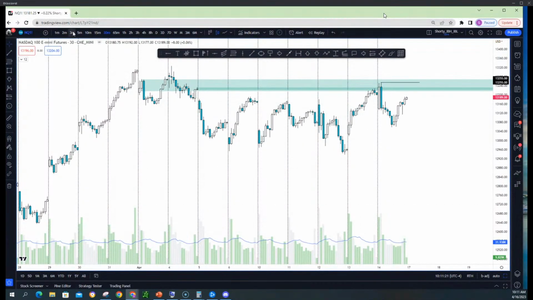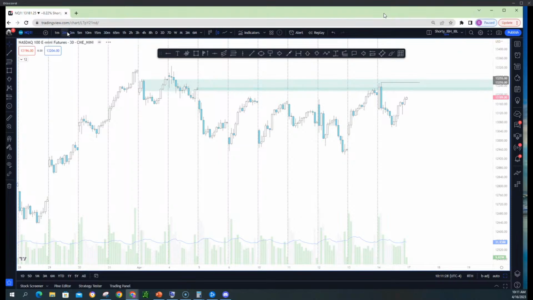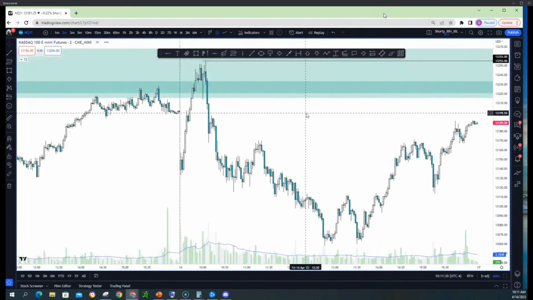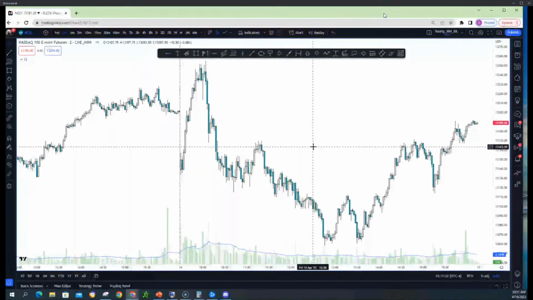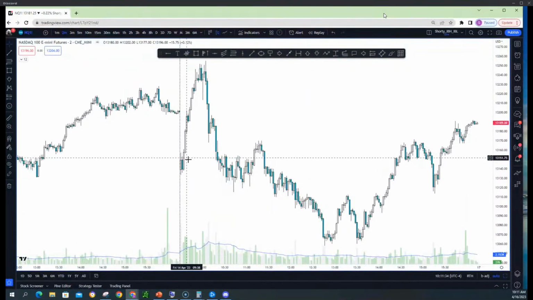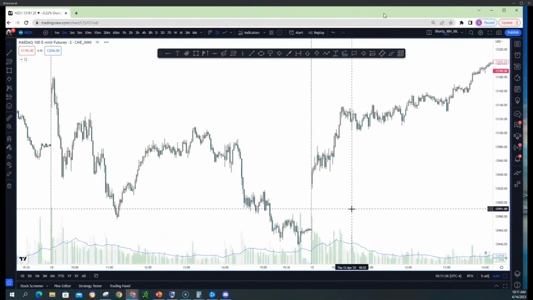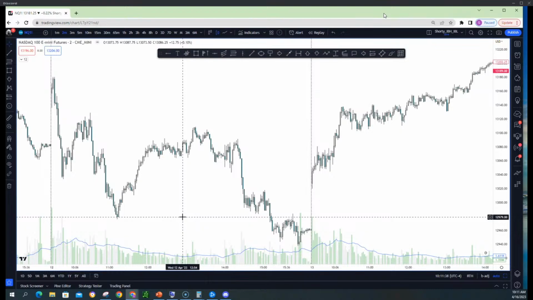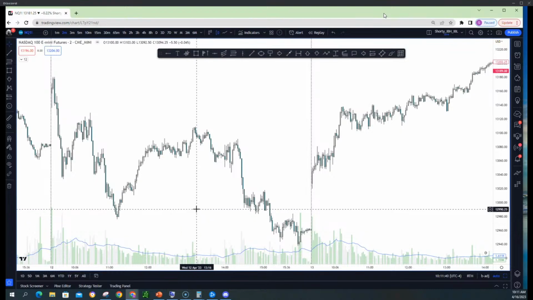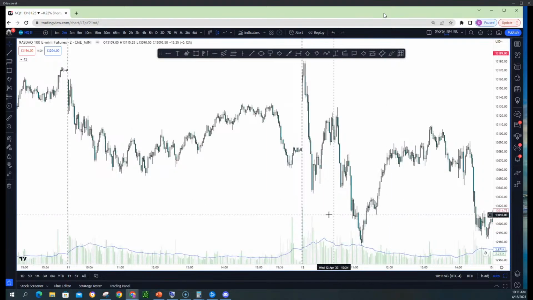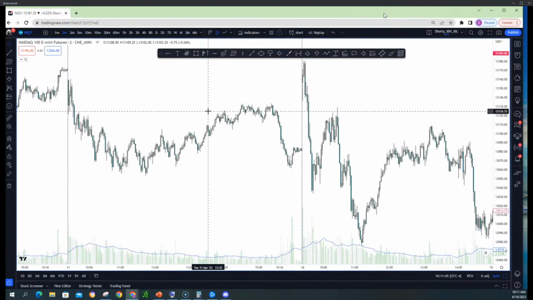If you're going to be using this for intraday, I would say 30, 15, and use 3 or 2 minutes for your entries. If you're using 1 minute, you'll add a little bit more risk to your trading overall. So I would suggest that you guys play it differently and make sure that you're protecting your capital in that case. Does everybody understand the break of structure and change of character?